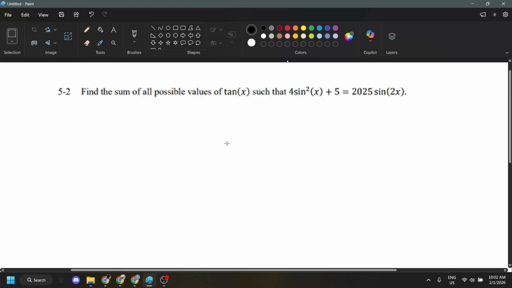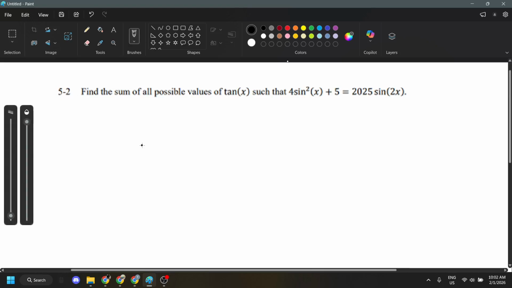Find all possible values of tangent of x such that 4 sine squared of x plus 5 equals 2025 sine of 2x. Okay, it's probably going to be a quadratic equation since we have sine squared, and it's all possible values, so that means there's probably going to be multiple. So first we can simplify this. Sine of 2x is equal to,